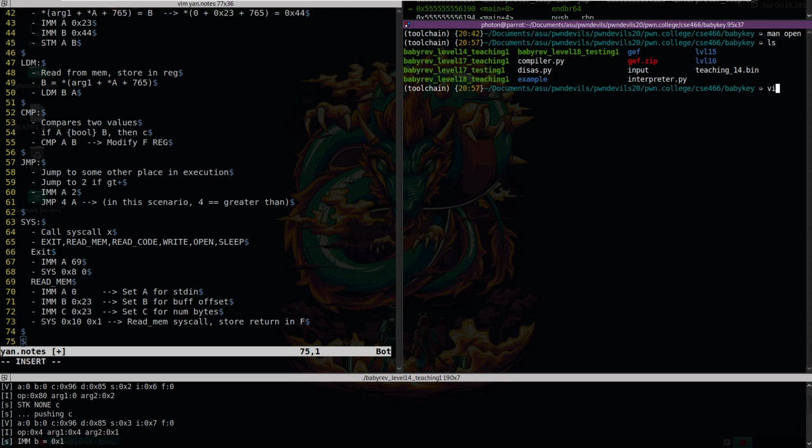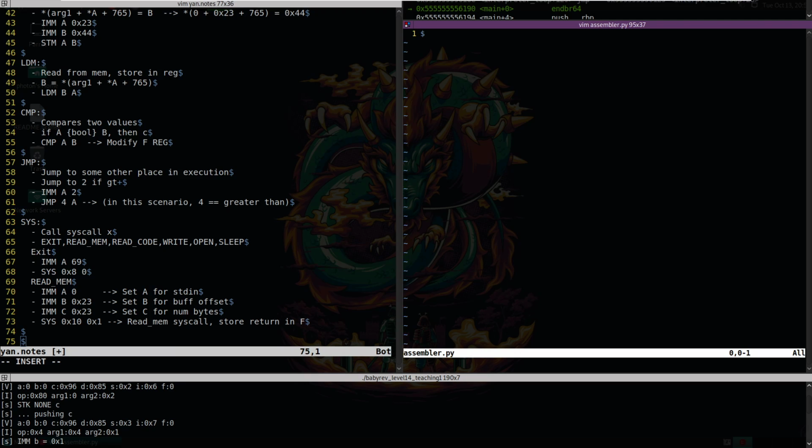Wait, I thought you showed how to do the assembler during the collaboration. No, I made a disassembler. There is a difference between an assembler and a disassembler. And I used a similar structure for both of them though, because for the disassembler, we were given, so like for 14 here,